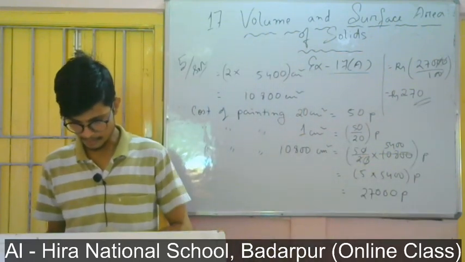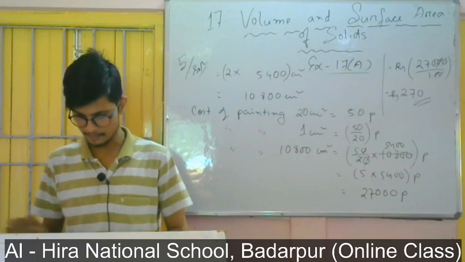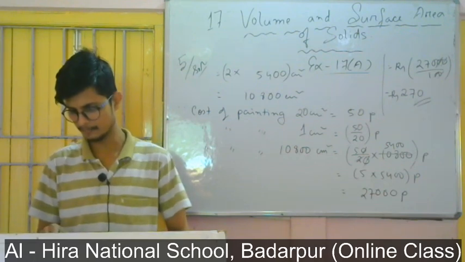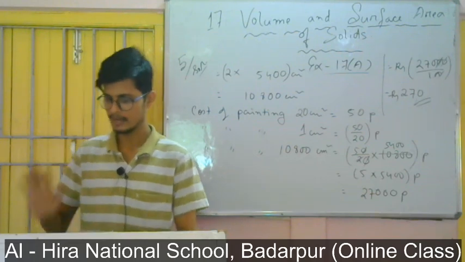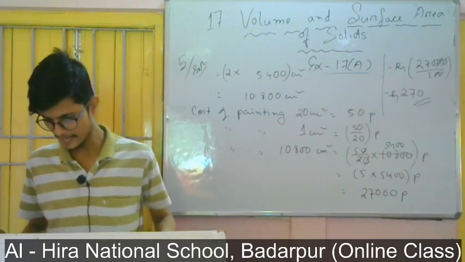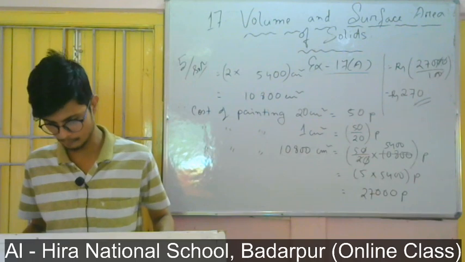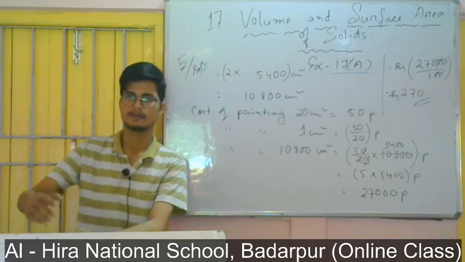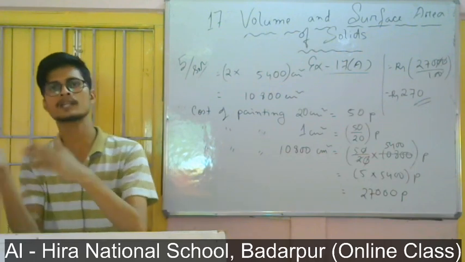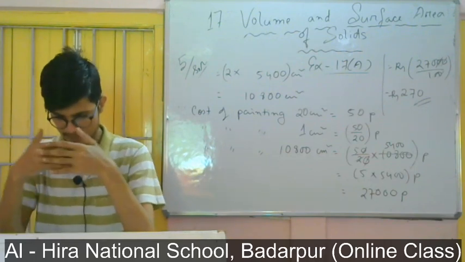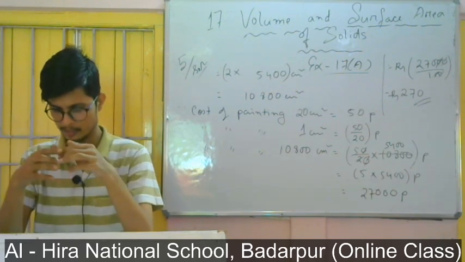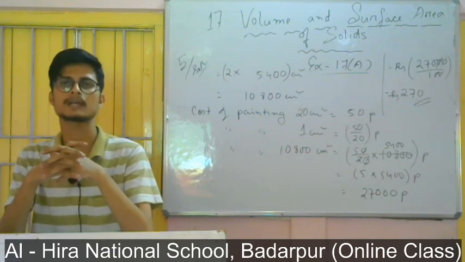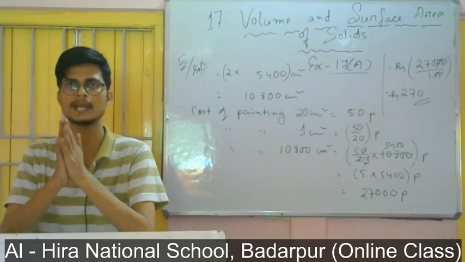So now question number 6. The dimension of an oil tin are 26. That means length, breadth and height. Length, width and height it is given. Find the area of the tin sheets required for making 20 such tin. So for one oil tin it is given. So first of all I will find the surface area of one oil tin. Then the next part is that you have to find the area of tin required for making 20 such tin. That means for 20 how much area it will require.